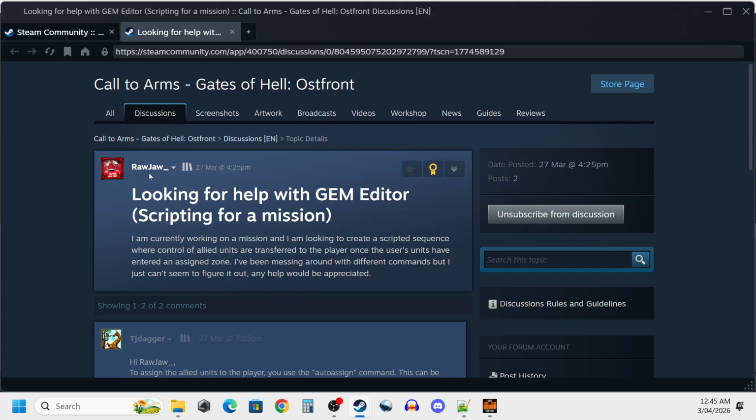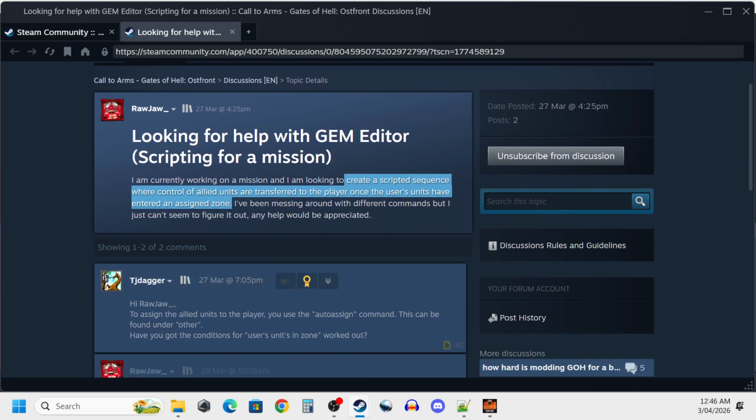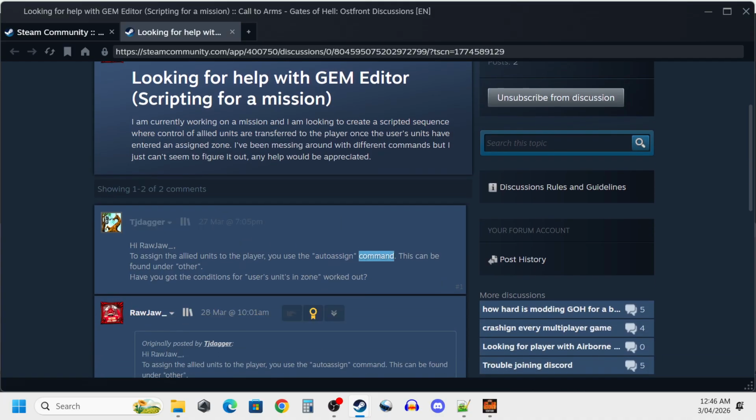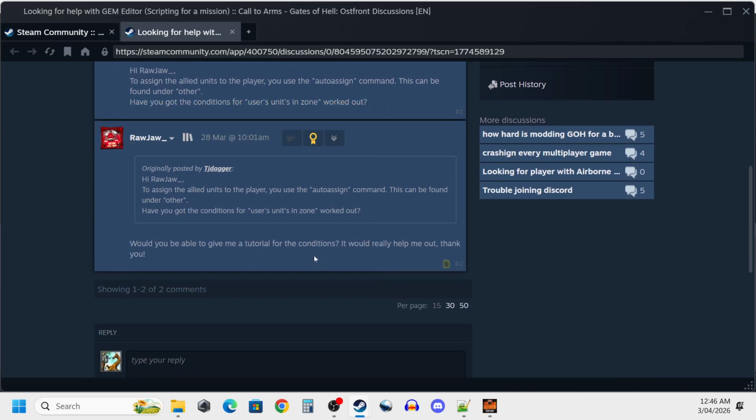This is a recent discussion on the forum. Rawjaw here is looking to create a scripted sequence where control of allied units is transferred to the player once the user's units have entered an assigned zone. I've pointed out you need to use the autoassign command, and I've asked him if he's got his conditions for the user's unit in zone worked out. He's come back,